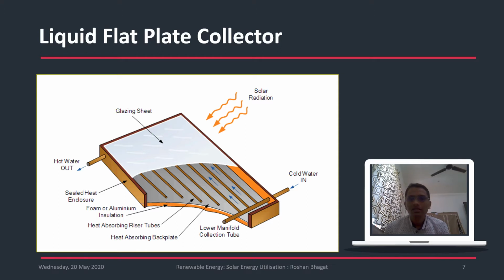So it can be easily used for applications like heating of water, or it can be used for taking a bath if the temperatures are somewhat low, or it can be used for some other industrial work or industrial process where the temperature requirements are low. So in such cases the liquid flat plate collectors are used. Now there are different types of collectors. This is a flat plate collector. We have a concentrating type of collector also, but we'll discuss this concentrating collector in the subsequent slides.